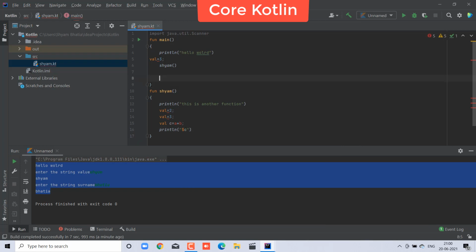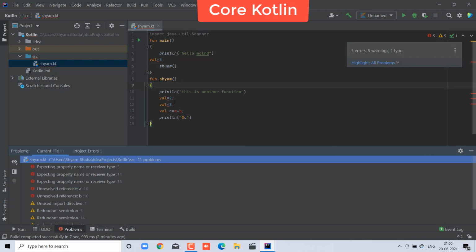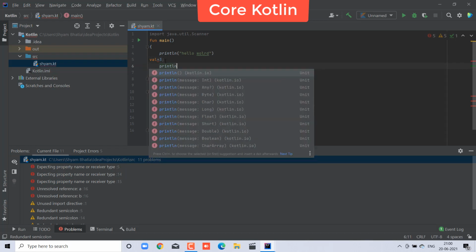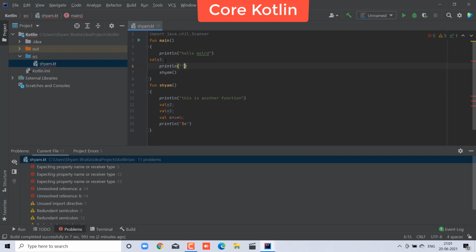Then the sum will be called inside the main function, and whatever your project requires, you can do anything. The error says expecting property received 5, val equal to 3, but it is not defined. So just print it, println, and the value, you didn't assign the value, whatever, let's say num1.